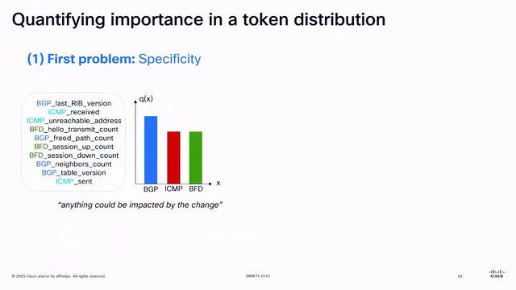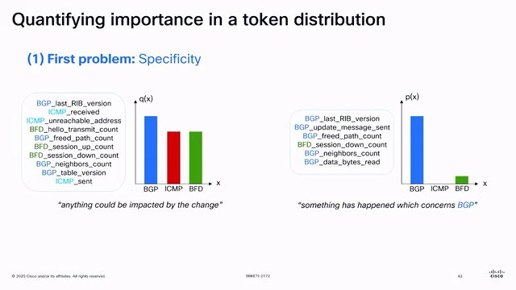So, narrowing things down a little bit, the first problem is specificity. Anything could impact a change. All the events are equally likely, like BGP events, ICMP events. So the level of surprise for any of the counters is equal. There is not a load of information content in this because everything is equally interesting, seemingly. Here, if you see a load of stuff on BGP, then very likely there's something happening around BGP. So you can look at that occurrence first.